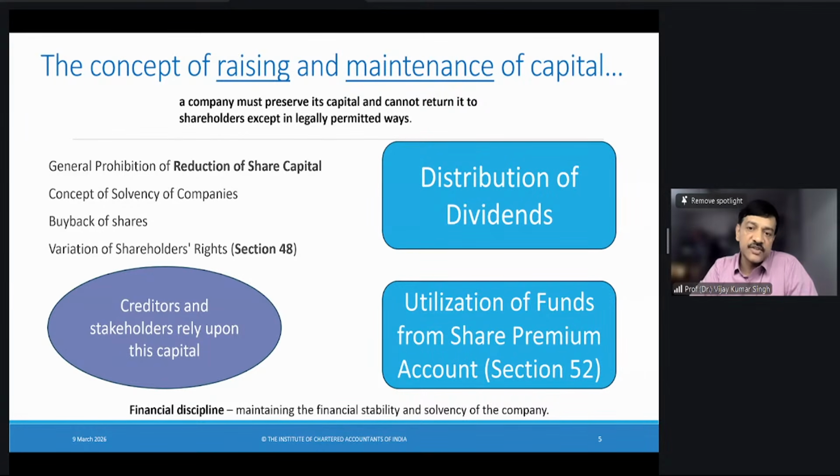So this is something which are rules given in the company law. As a philosophy, we are trying to understand that money or capital which is raised has to be maintained properly, and company law has got provisions regarding that. So this particular slide tells you that. You have to understand that money which is raised is secured or taken care of by law, that it should not be misused.